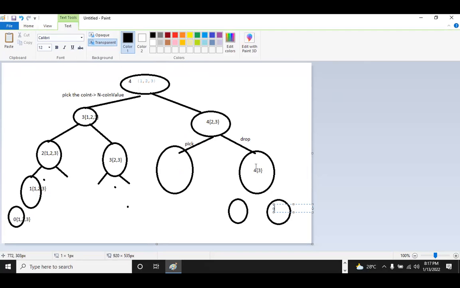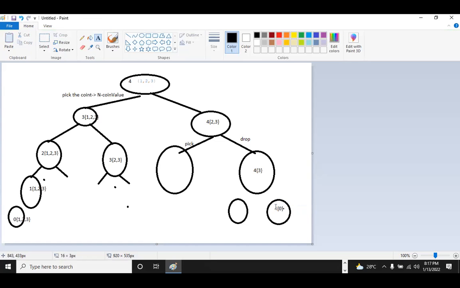if I drop this, as for the input 4, I will have 0 set. I don't have any coins inside it. So if you don't have coins, we'll not be able to further branch it down. So the end is here. You will not get any value, which will end up again with 0. So this particular result set of the chain will give me a value of 0.